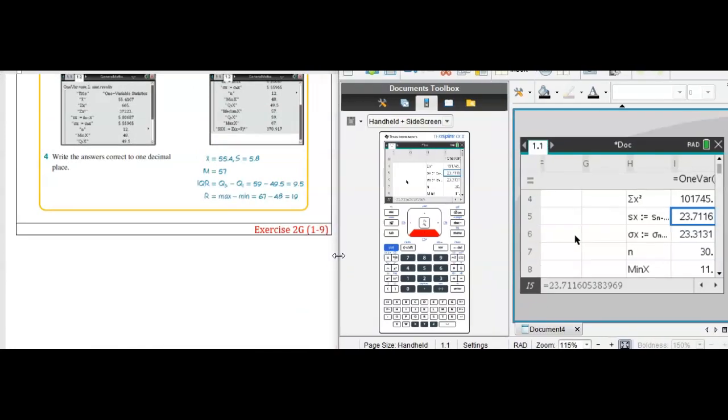2G questions 1 to 9. Make sure you can do this stuff on your calculator. The instructions are there in your booklet just in case, but same thing, stats, one variable, and it'll just throw